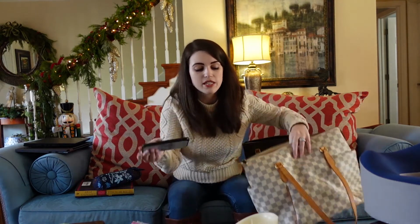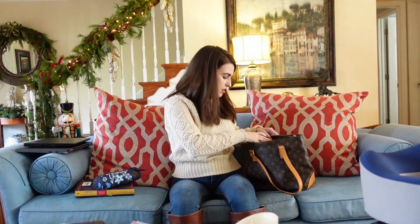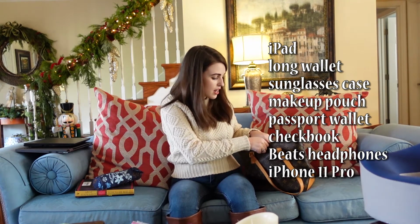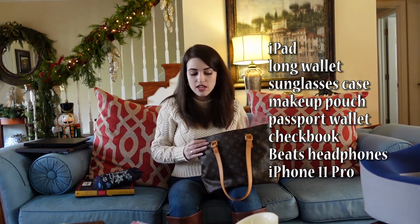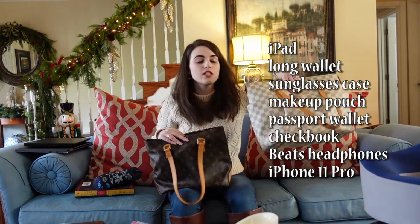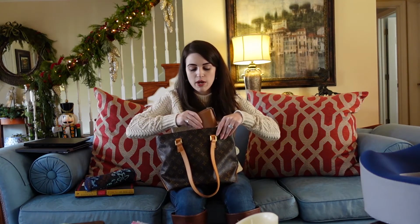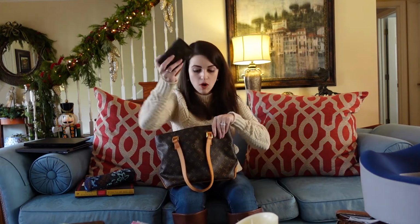And let me grab my cell phone. The cell phone I then can put in as well. And I have a little bit of room on top, but not enough that I would be able to zip the bag if I stuffed anything else in there. So the thing that I had to take out between the Cabas Piano and the Totally MM is the pen case. Now, if I were to switch from my mother's long wallet to my small wallet,